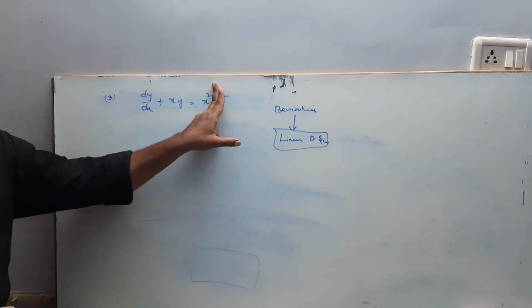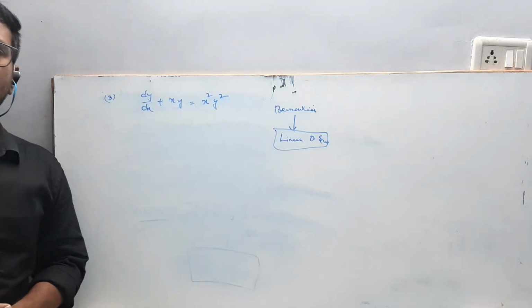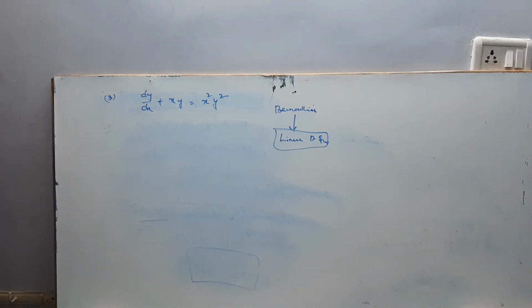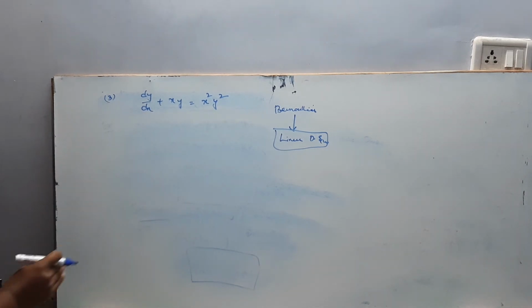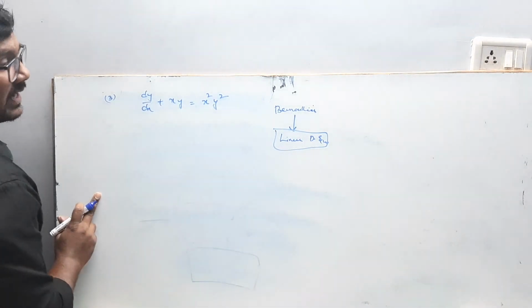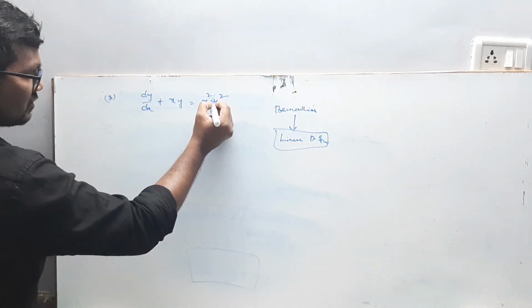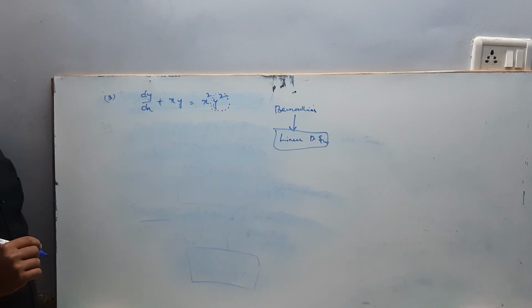If I close here, it's linear. If I open this, that is, if y square is there, it's called Bernoulli. And for Bernoulli, we don't have special methods, as I said. Now my aim is to convert this into a linear differential equation. How? Why is it Bernoulli, you will say? Your eyes will catch it, master, because of this only I will say it's Bernoulli, or else I would say it's linear only.